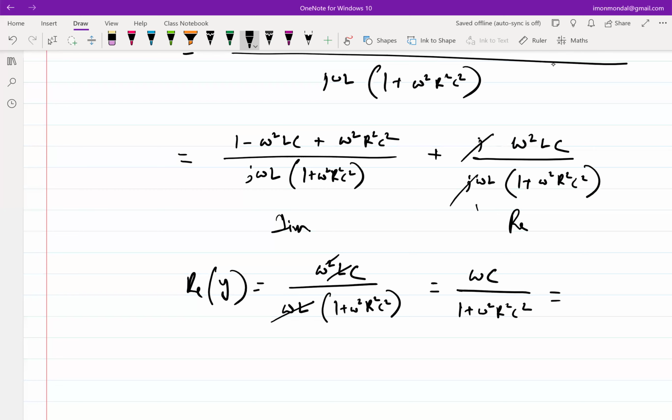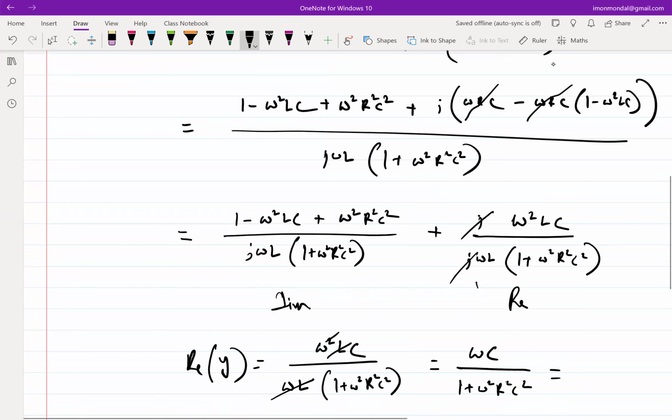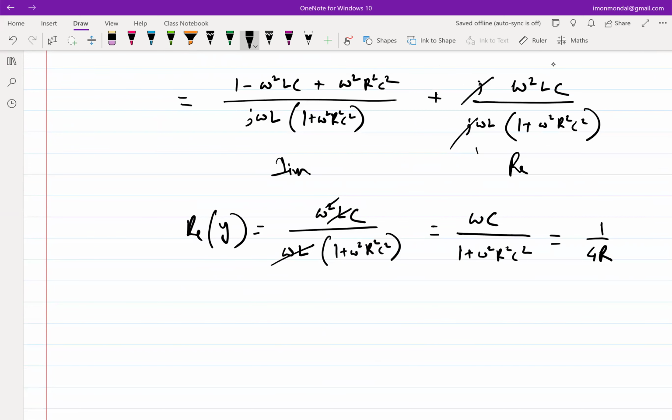So this I expect to be 1 by 4R, right? Because G was supposed to be more, so this is supposed to be 1 by 4R. So what do I get? 4R essentially